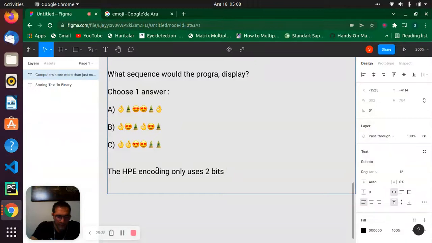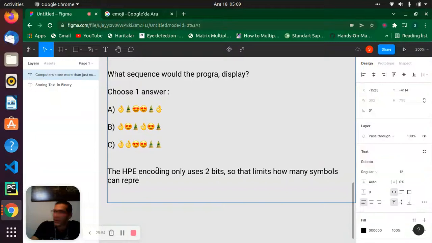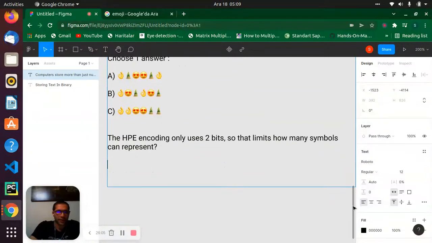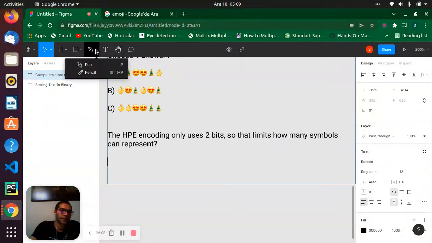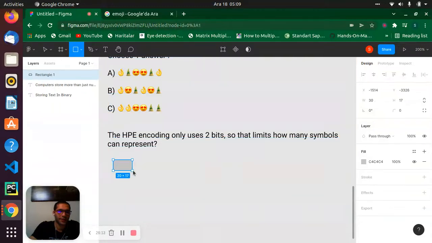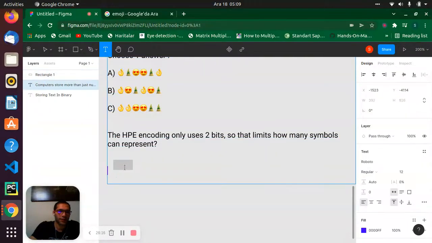So that limits how many symbols it can represent. Let's come down and answer here with our information. Let's think about that. Maybe I will tag this one here, put it in this kind of place, and put some information there.